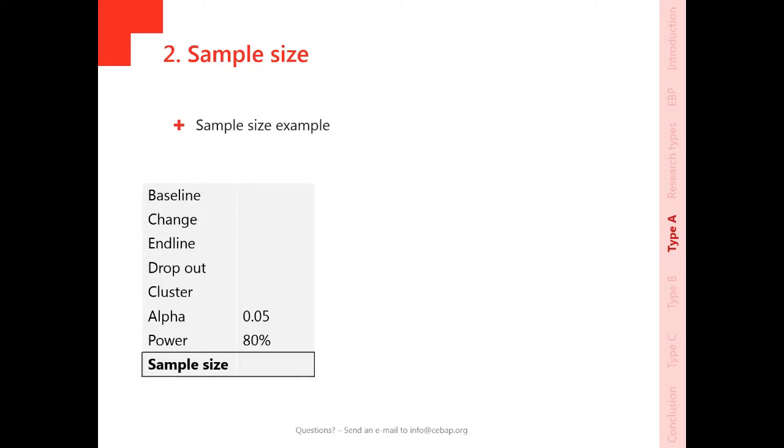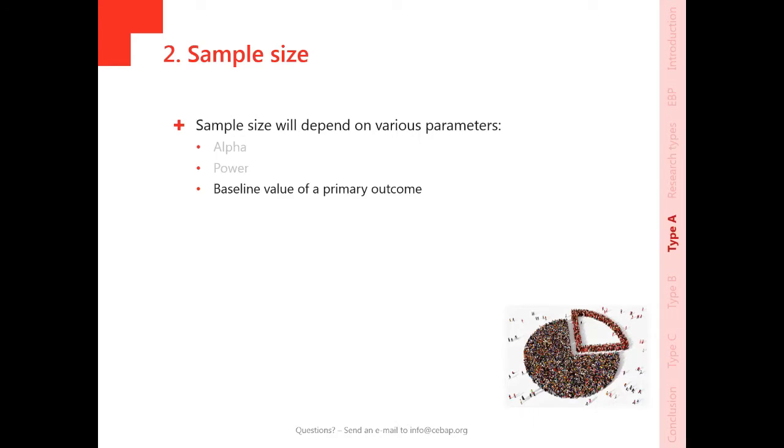So when you're doing statistics and they tell you that your findings are significant from a p-value of 0.05, that is what the alpha represents. The power of 80% shows us the probability that a significant effect will be detected. I won't go into much detail, but I assure you that these values are quite standard, and I wouldn't recommend changing these values if you are not a statistician and you don't have any clear arguments of why they should be changed. Next is the baseline value of a primary outcome.